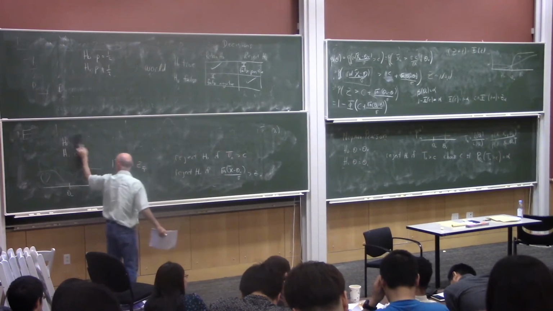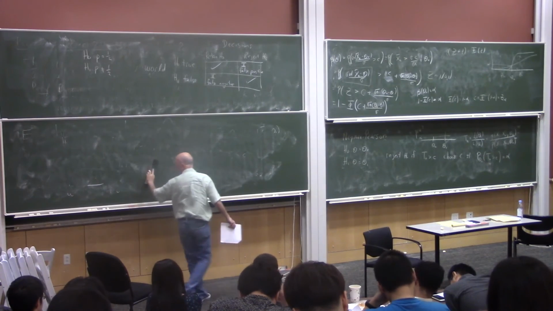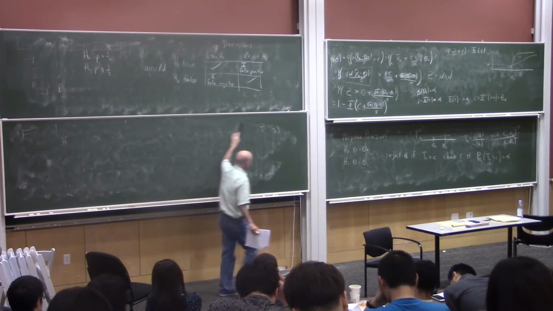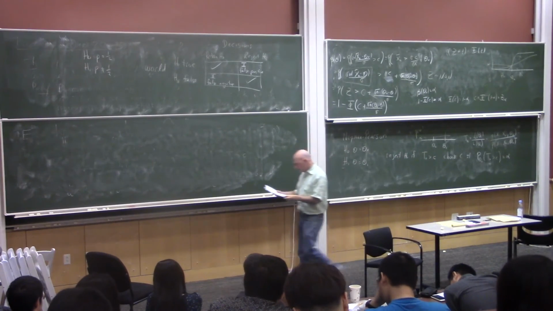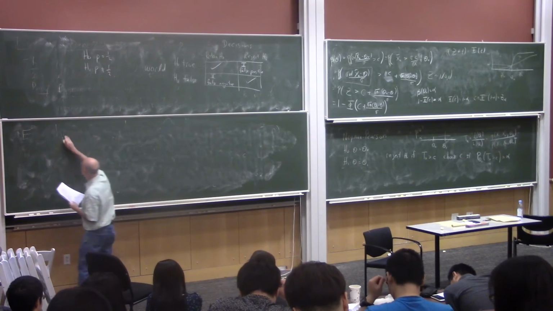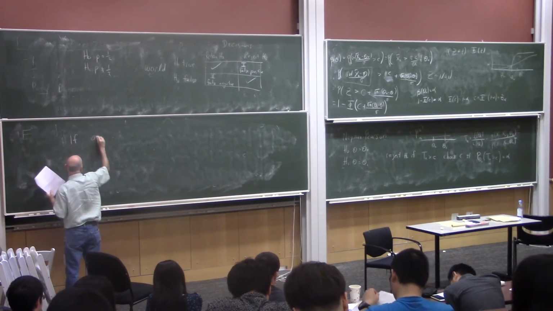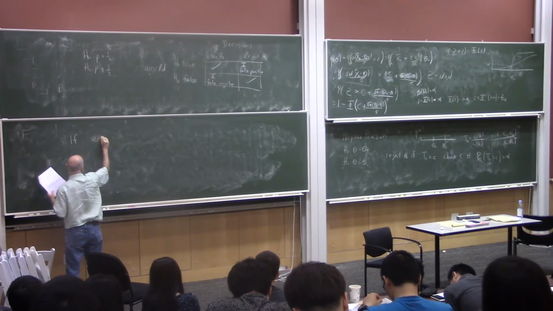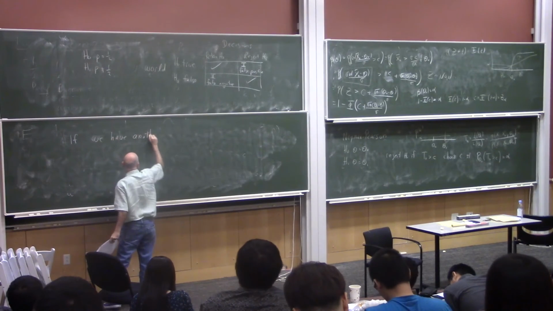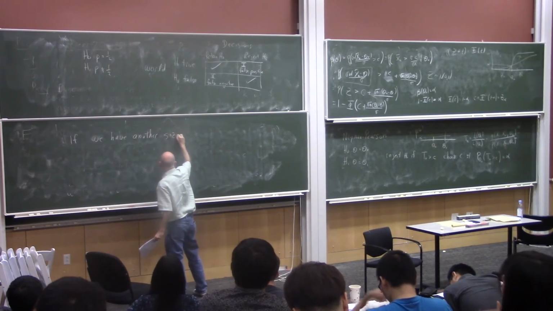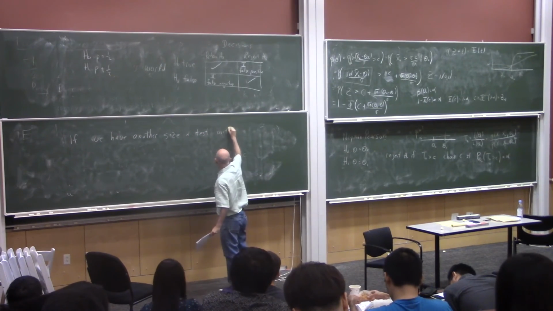I didn't include the proof in the book. Maybe I regret that, you know. It's not that difficult, but we're just going to take it as given. So the theorem says that if we have another test, suppose we have another size alpha test. It's going to have some power function. Let's say the power function